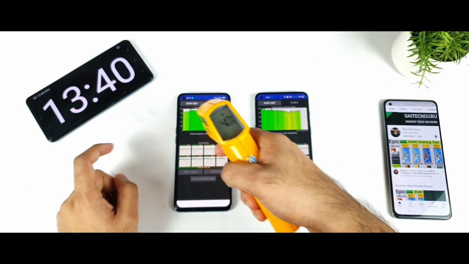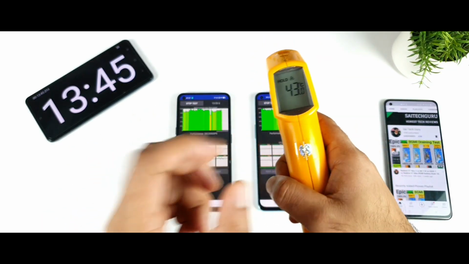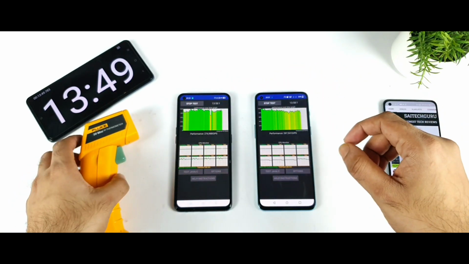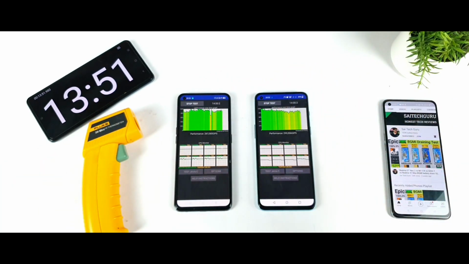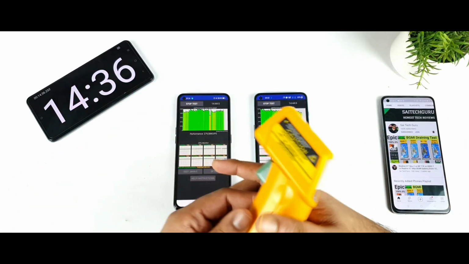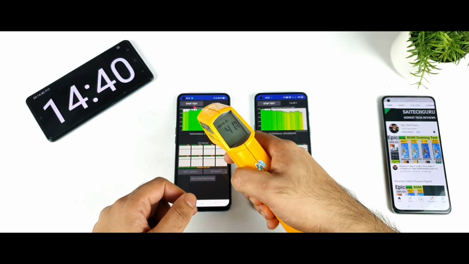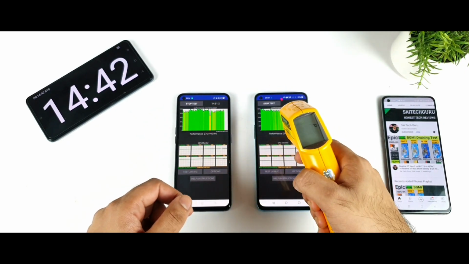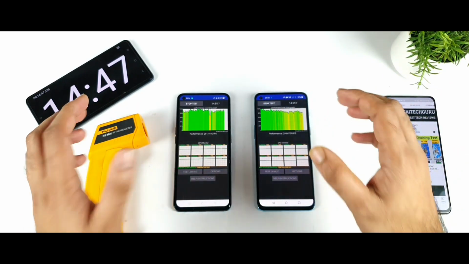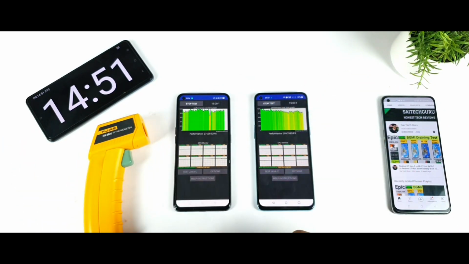Right now both phones are under extreme pressure, but you can definitely see 3 degrees higher in the OnePlus Nord 2 than the Realme X Max in this situation. So again, I'll be back after some time. And right now we are getting close to the end of the benchmark, and we'll see the temperatures decreasing slightly at the end. So overall, friends, the OnePlus Nord 2 is reaching slightly higher temperatures with the same task I'm doing on the Realme X Max. You can see how much difference there is between these both phones.